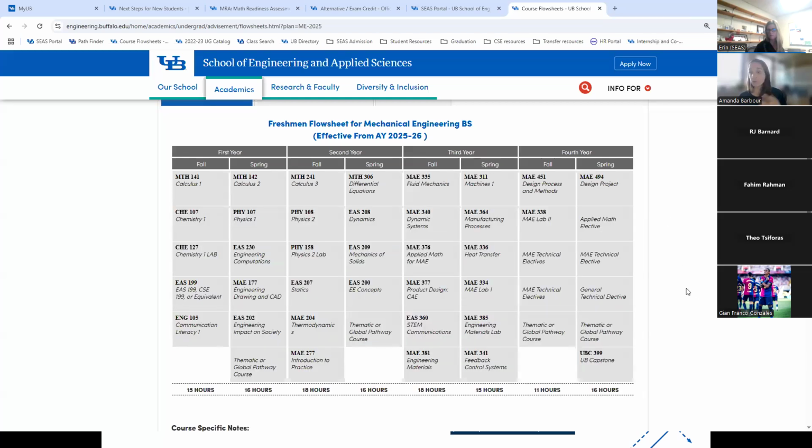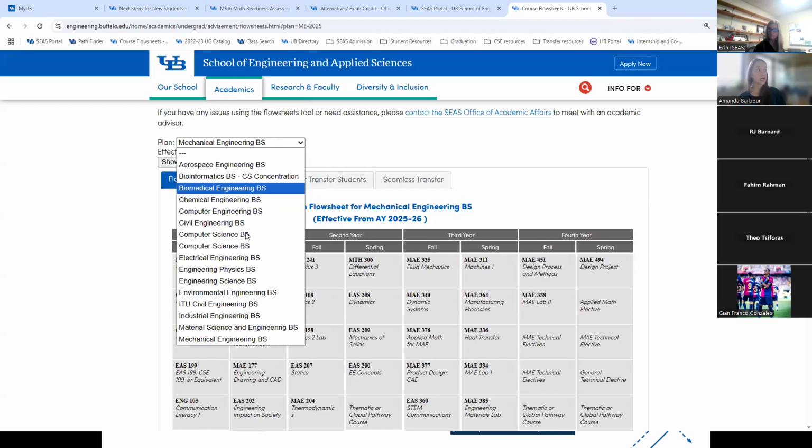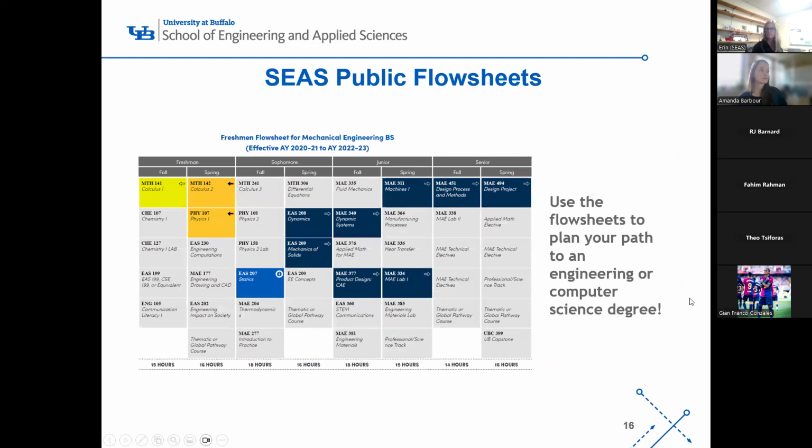So if you came in a specific major, but you want to compare and contrast to what the curriculum looks like across the board, you can feel free to do that. And if we go back to my PowerPoint here, there is a color key. So you can understand exactly what those different colors lighting up would indicate, whether it's a prerequisite, a post-requisite, a co-requisite, whatever the case may be. You can see how the curriculum builds on itself and works together. So this would obviously be an effective way to also understand